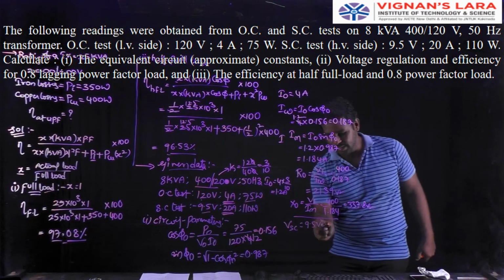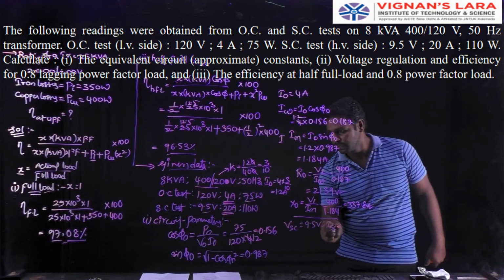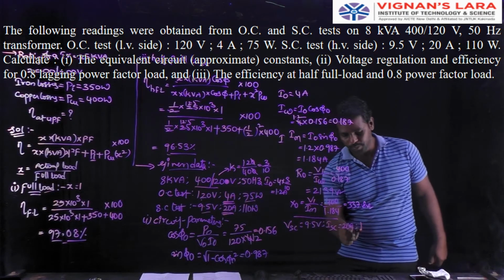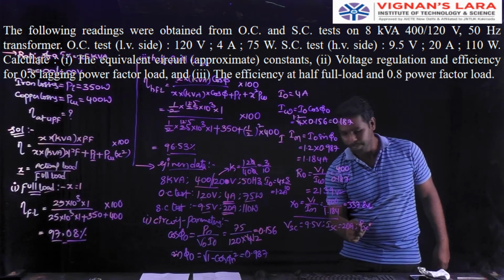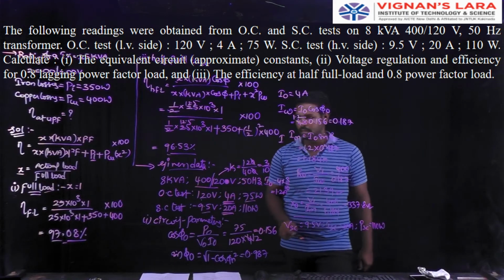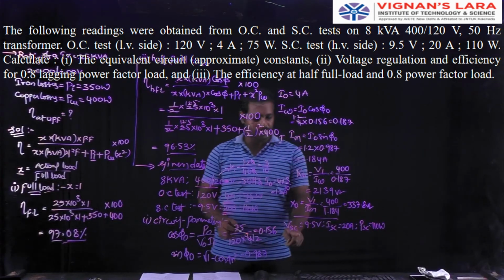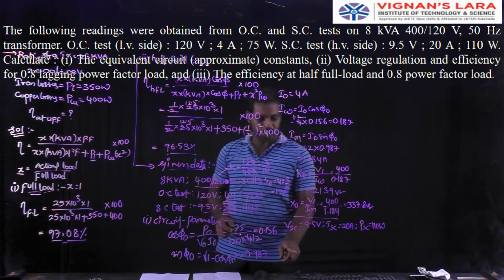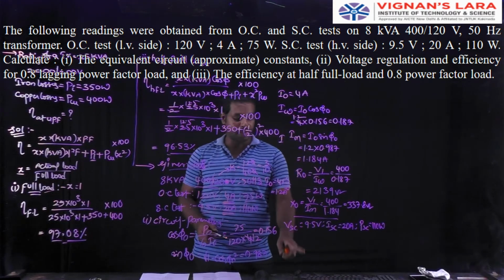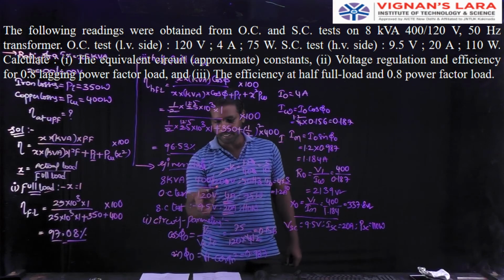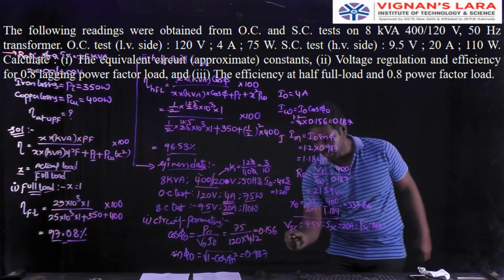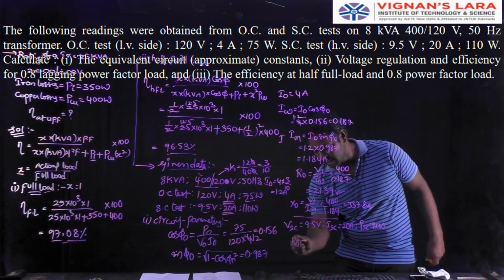Second, ISC is equal to 20 amperes. Another one is PSC, equal to 110 watts. So when we get the three parameters R01, X01 and Z01, or R02, X02 and Z02, these values depend on the rating of the transformer. The high voltage side is always on the primary side. That's why R01 is equal to